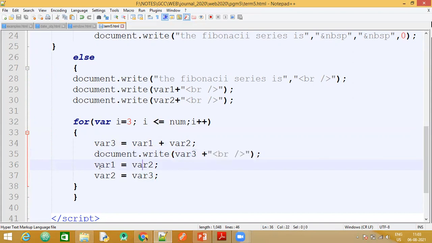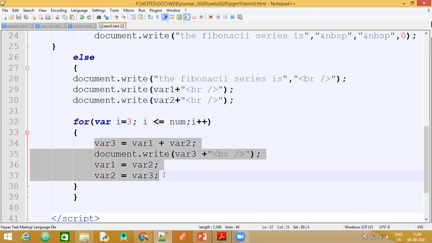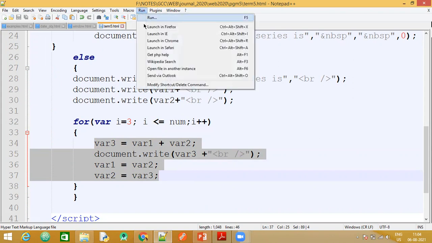The next part is that we have to update variable 1 with variable 2's value, and variable 2 has to be updated with variable 3's value. I'm sure that you are aware of this logic. The only thing to understand here is how we can implement this in JavaScript. So let's have a look at the output.